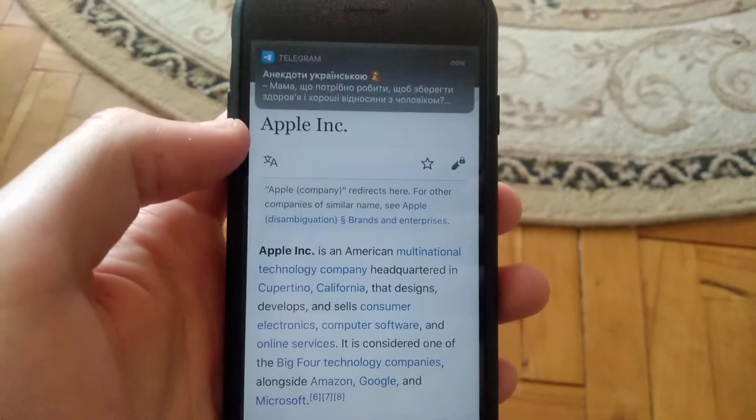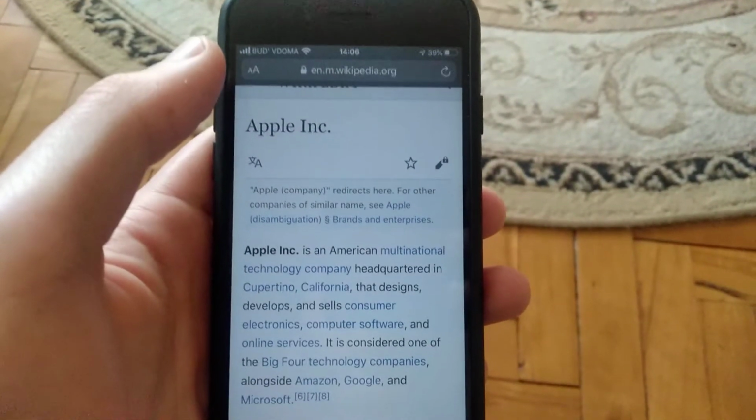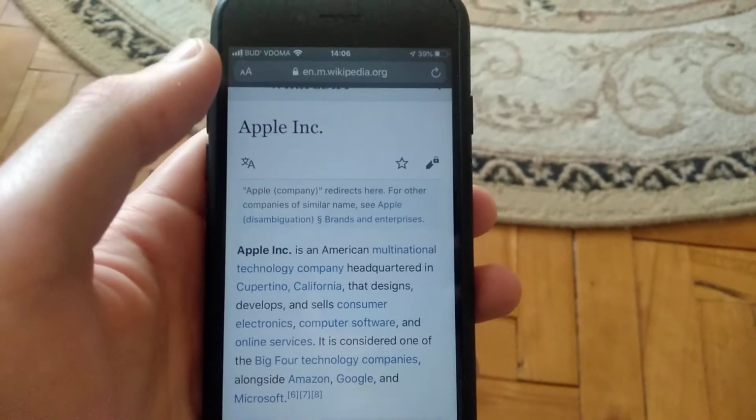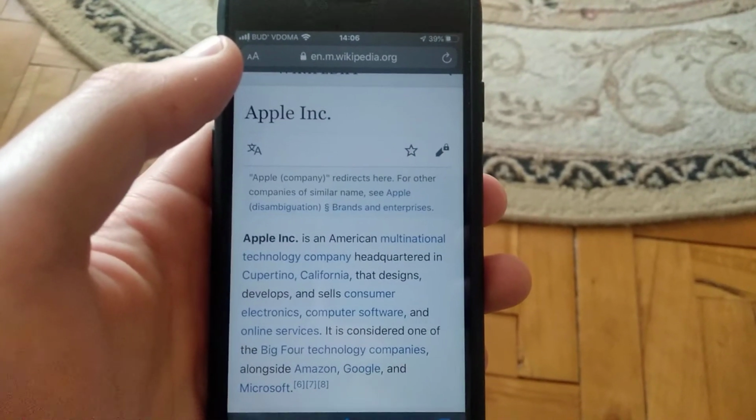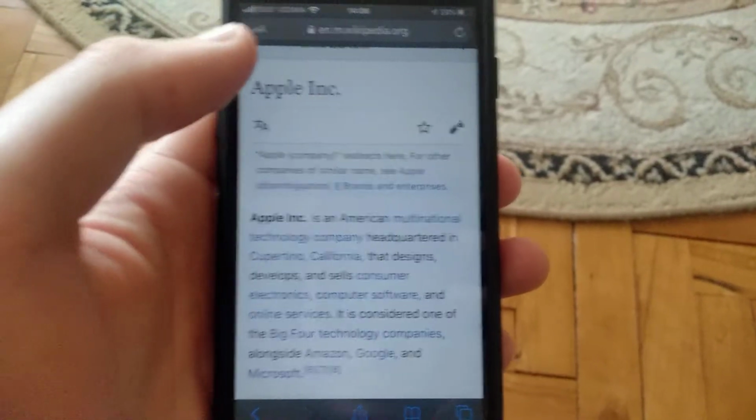Hello dear subscribers. Today I will show you how you can easily scale your text on iPhone in your browser